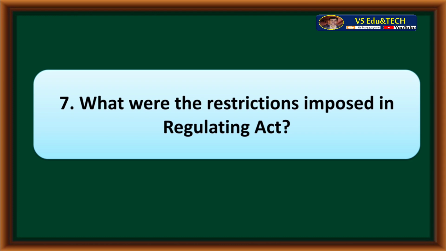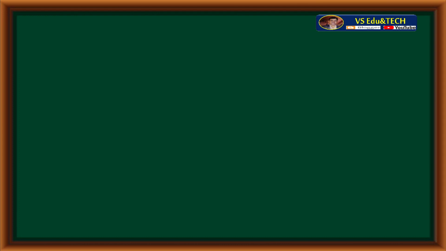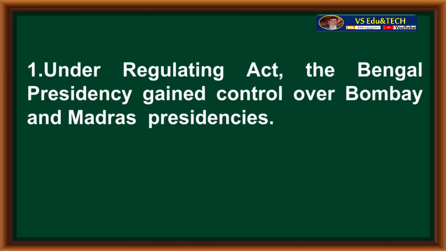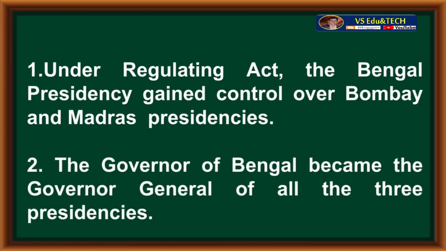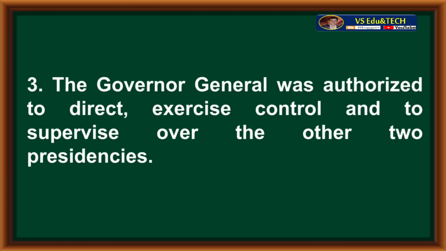What were the restrictions imposed in Regulating Act? Under Regulating Act, the Bengal Presidency gained control over Bombay and Madras presidencies. The Governor of Bengal became the Governor General of all the three presidencies. The Governor General was authorized to direct, exercise control, and to supervise over the other two